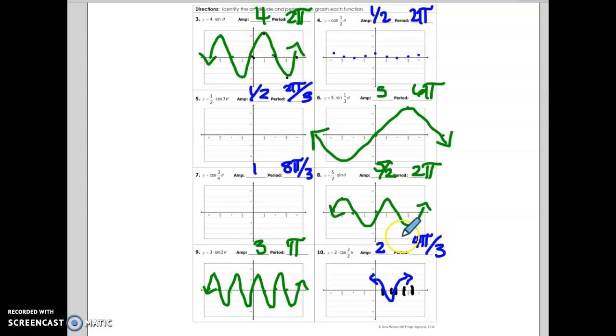Okay, these ones with thirds are a little bit tricky, but I don't think you're going to have to worry about that too much. But when you're graphing these for future reference, I just take this value right here as pi and I divide it in thirds. So the first tick mark is pi over 3, and then another third, so 2 thirds pi, and then we get to pi. Okay,